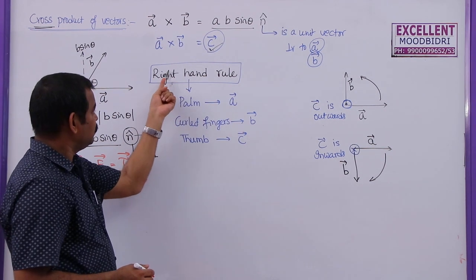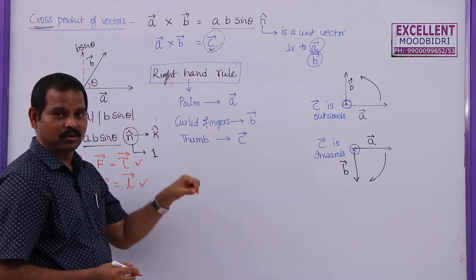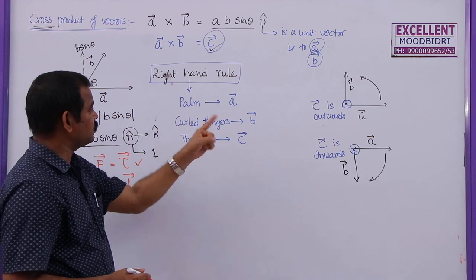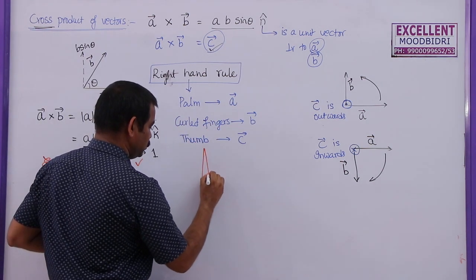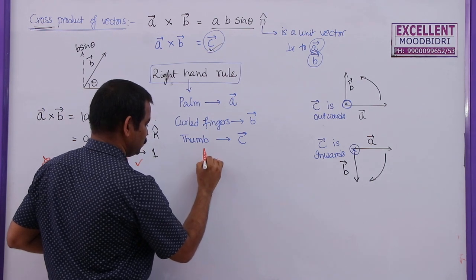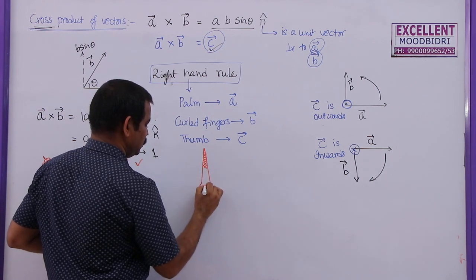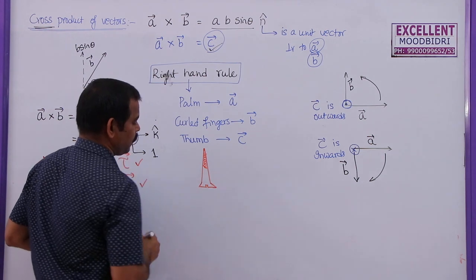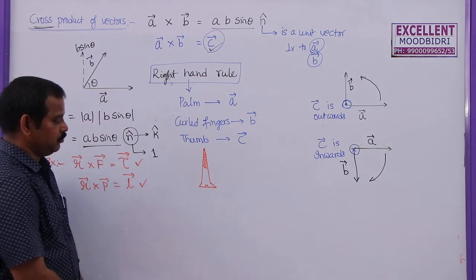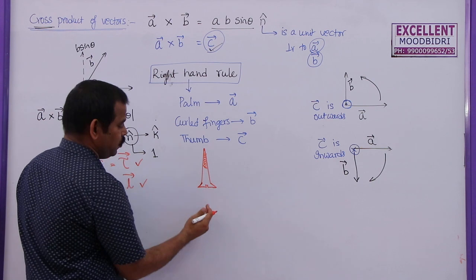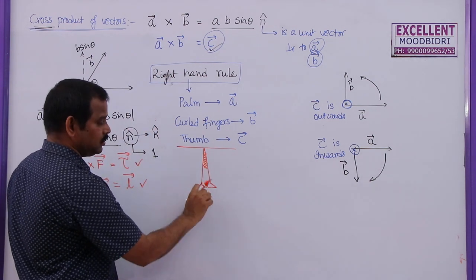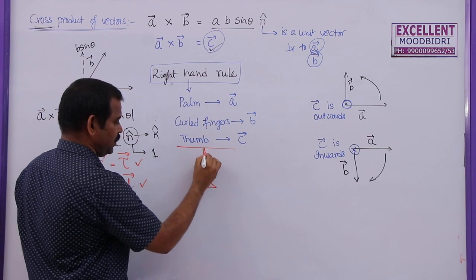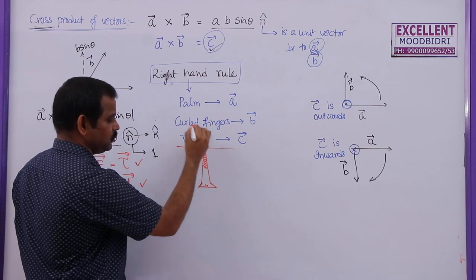In some books, this right hand rule is also given as the right hand screw rule. So, what is that screw rule? We know a screw has threads on its surface, and this is the head of the screw. Now, by using a screwdriver, if you rotate this, let us say this is the board, if you rotate this head, then the tip of the screw enters into this board in this direction.